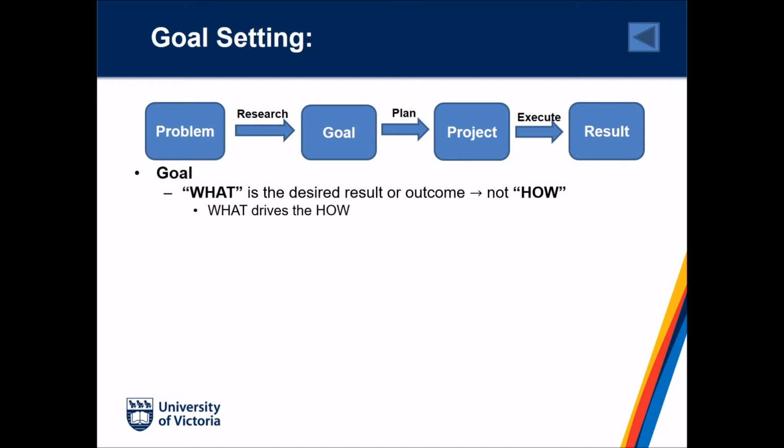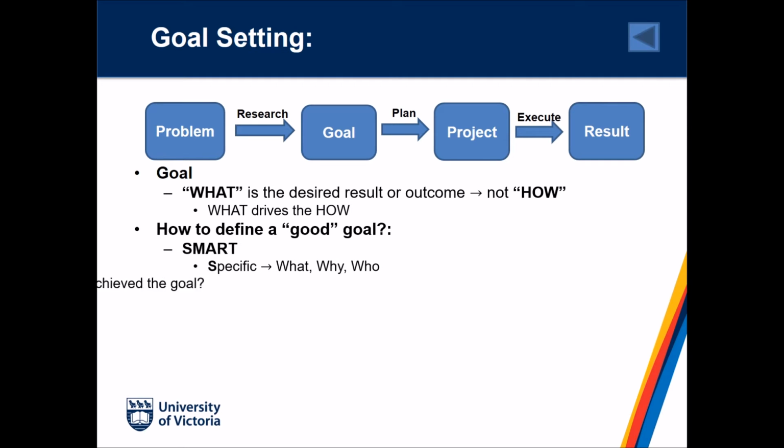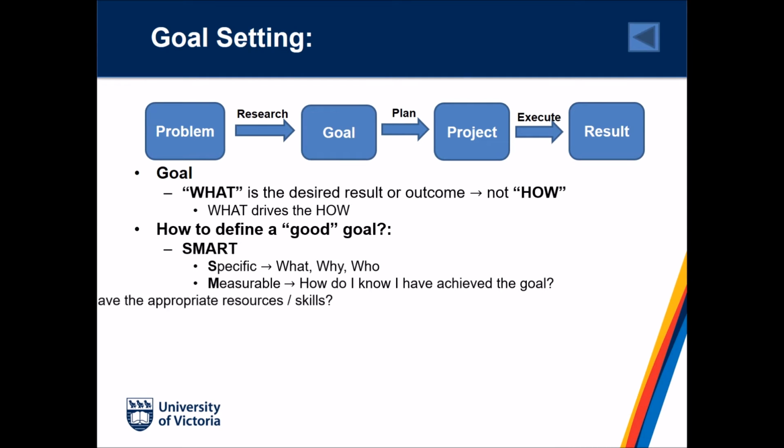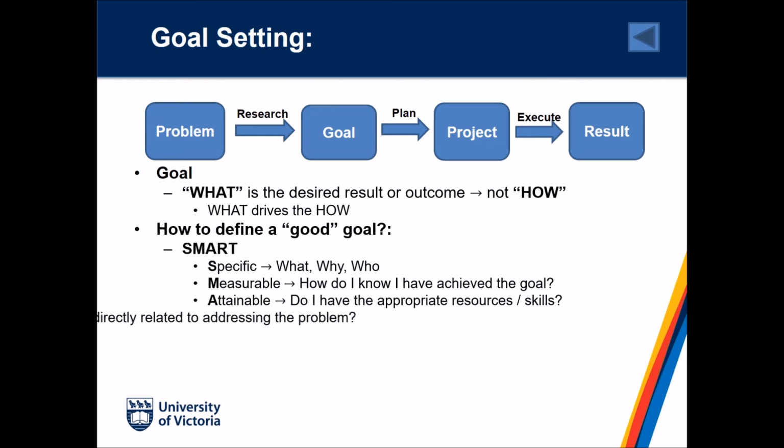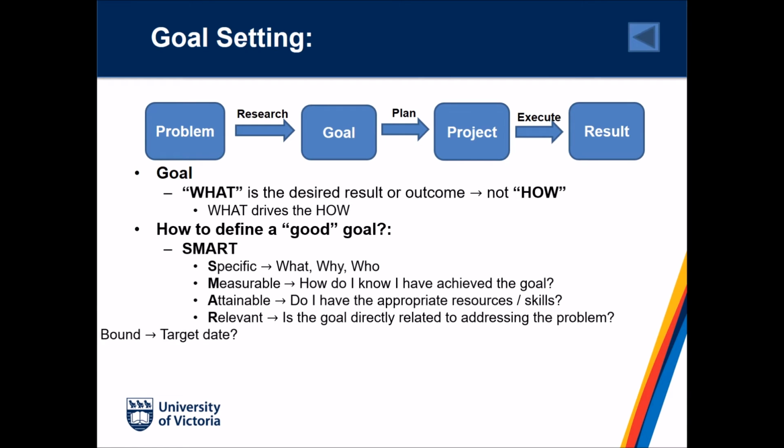So this leads to an important question. How do we define a good goal? One way is to use the SMART goal definition framework. SMART is an acronym which stands for specific, measurable, attainable, relevant, and time-bound. In defining a goal which adheres to these characteristics, we can be confident that our goal